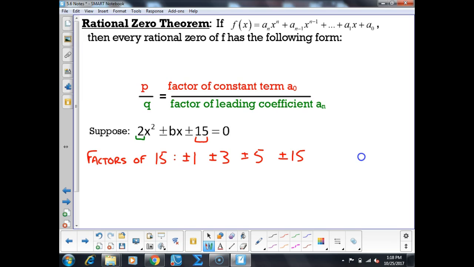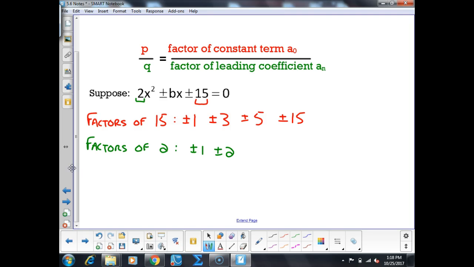Now I look over here at the factors of my leading coefficient. What are the factors of 2? Plus or minus 1 and plus or minus 2. Okay. From here on out, I will just assume the plus or minus, so you can just give me numbers now, and we'll all assume plus or minus when we're dealing with factors. Okay. All right. So that means then that now my zeros